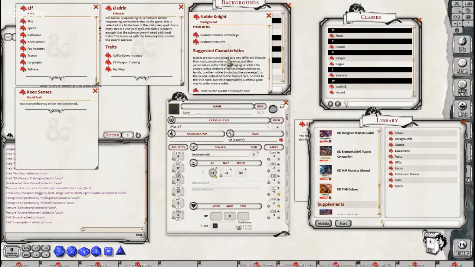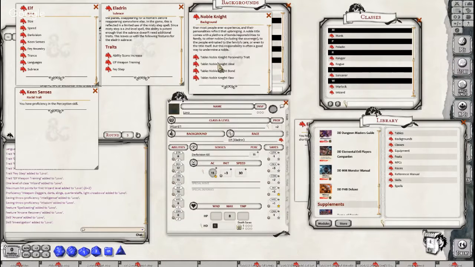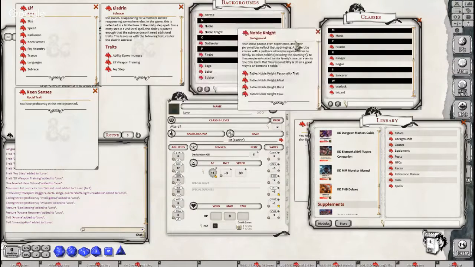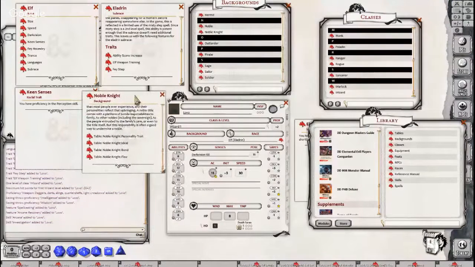All right, you know what? I think I might do this, and then take advantage of the retainers later on, and then I'll choose my ideals, bonds, and flaws. So, all right, there we go. I like that choice, noble knight. Seems legitimate, right? Okay, so